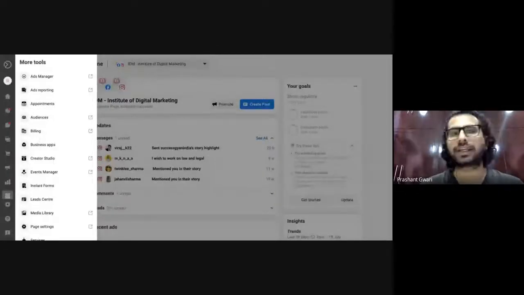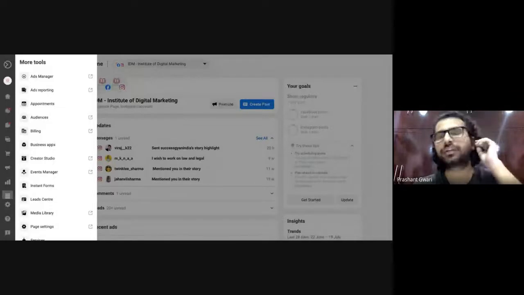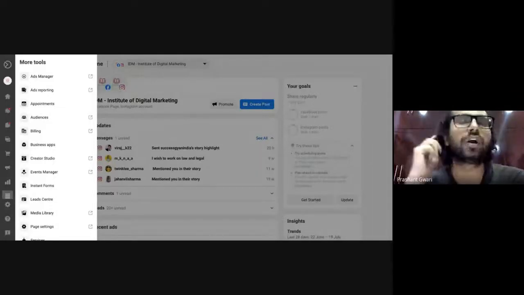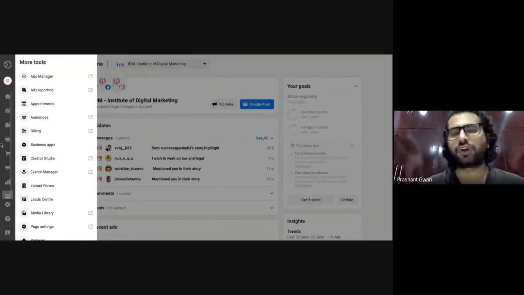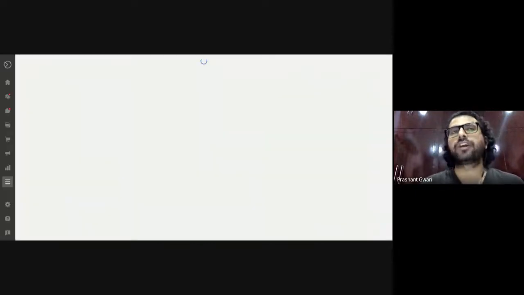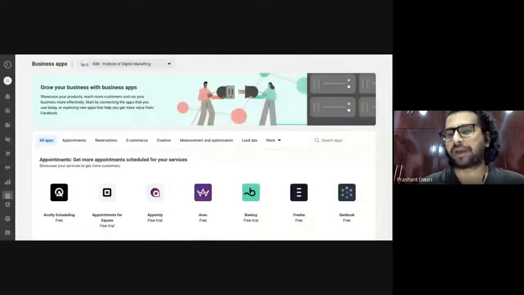So Facebook is providing you more than 20 to 30 tools which can help you in social media marketing and advertising purposes, either it's Creator Studio, the commerce section, or the business application. Facebook also partners with lots of companies, applications and websites to make your business run easily, like taking online appointments, taking payments, or taking bookings for your hotels, or table reservations for your restaurant.